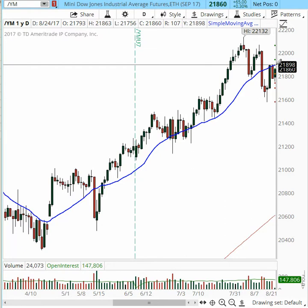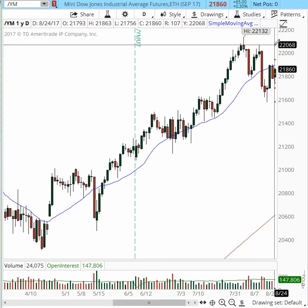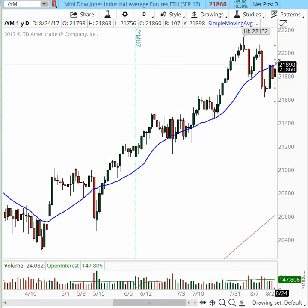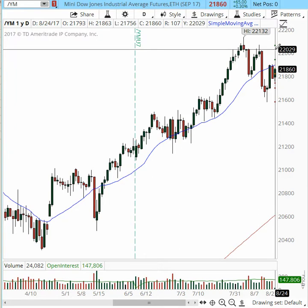If we break above the 21,900 area, we have room to continue higher into these prior highs over the 22,000 mark. So we have resistance 22,068, and we have this prior high that was set on August the 8th at 22,132. So this is going to be the big line in the sand, 21,900. As long as we maintain the bullish trajectory of the mini Dow and try to reach this area, this trigger, this bull sandwich will have odds of continuing higher above the